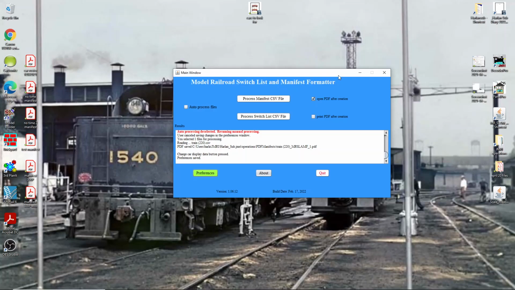In today's video, I just want to briefly go over one particular feature of the program, and that's the auto process feature. But first, let's look at how the program works in